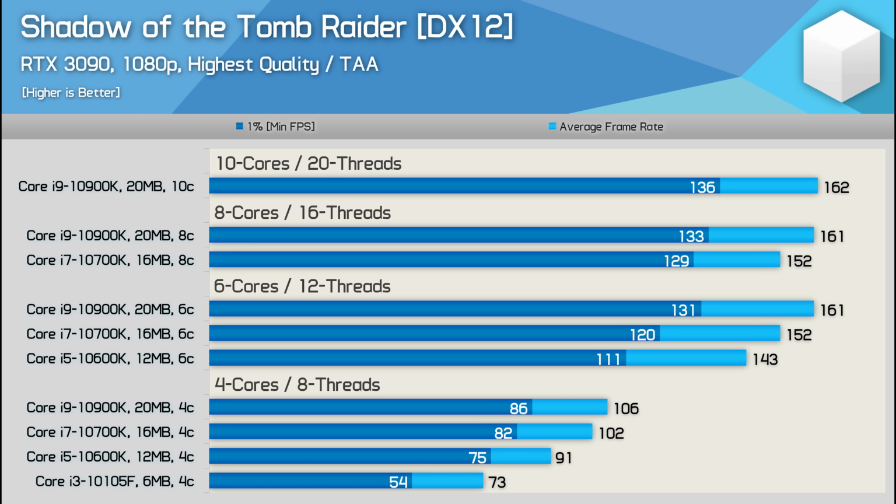However, with 4 cores enabled, the 10600K was just 4% slower than the 10900K with the Radeon GPU. But now with the RTX 3090, we're looking at radically different 4-core results. Here, the 10600K is now 14% slower than the 10900K when looking at the average frame rate, and 13% slower for the 1% low. And this is a result of NVIDIA's added overhead by using the CPU for much of